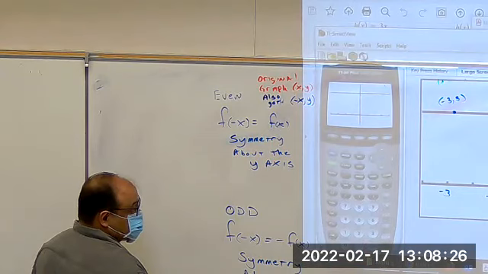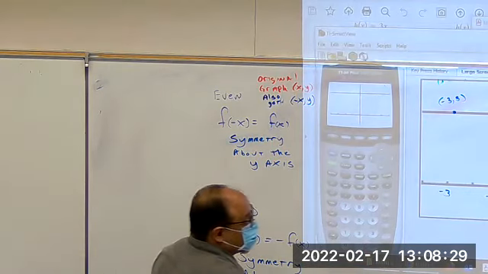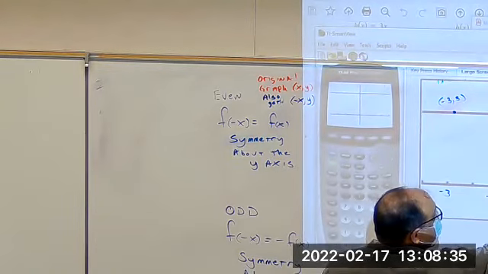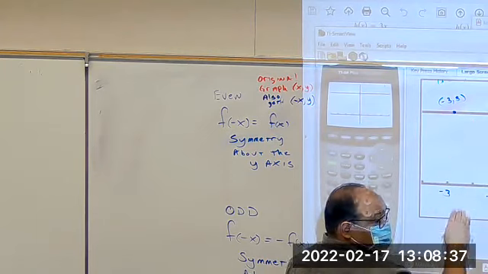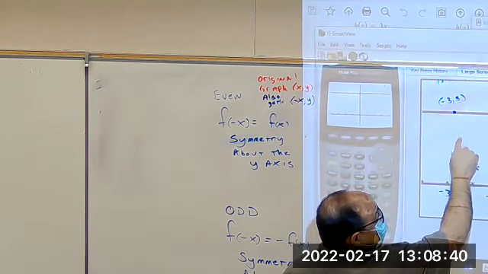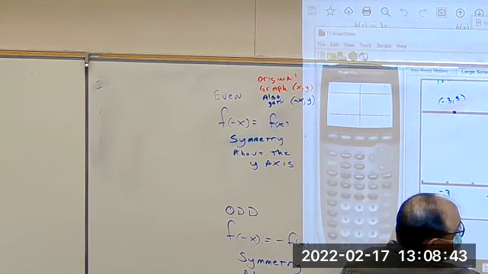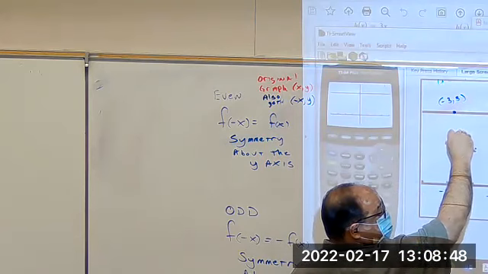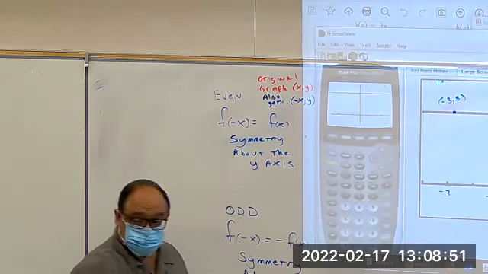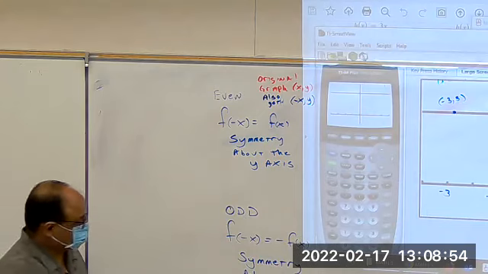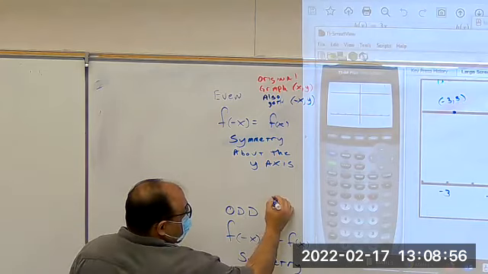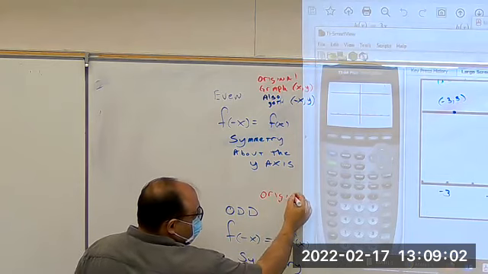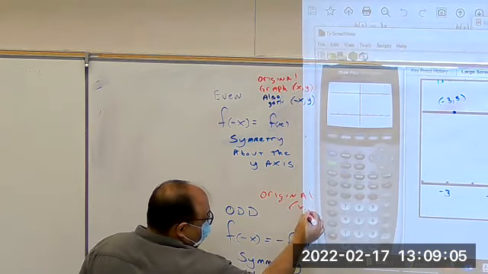If it's odd, it has symmetry about the origin. So whatever's happening up here would be reflected twice, across the y-axis, then across the x-axis. If it's happening over here, you go across the y, then across the x. If it was over here, you go across the y, then across the x. So basically, let's think about a diagonal. If the original is x, y,